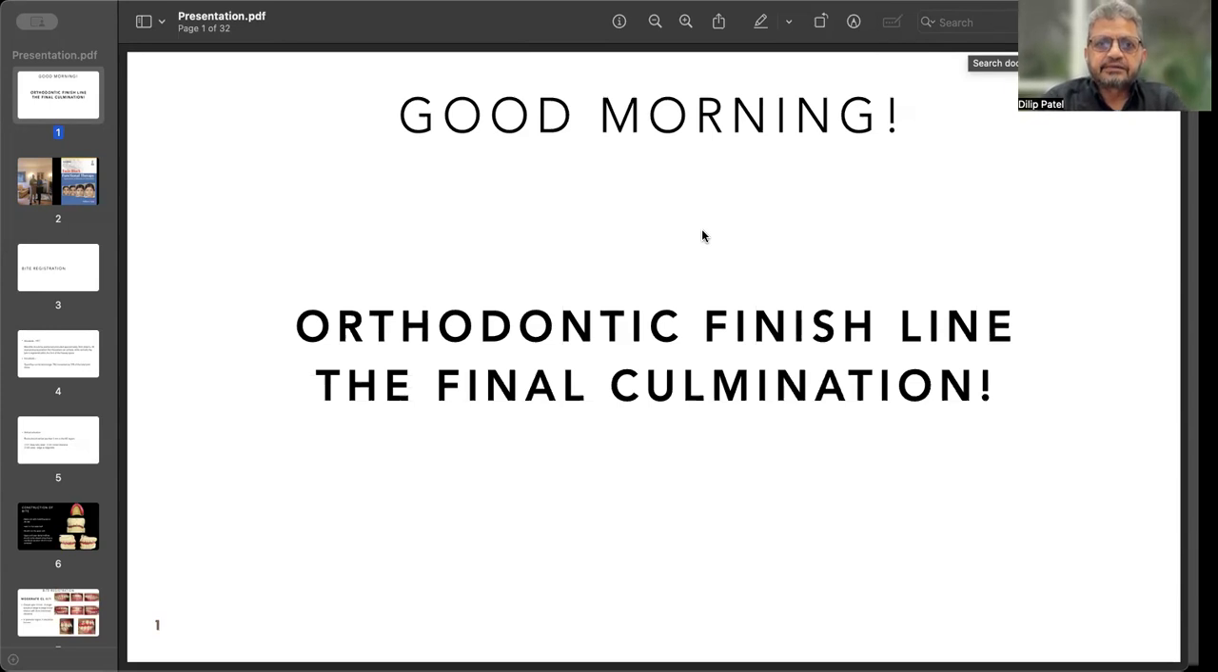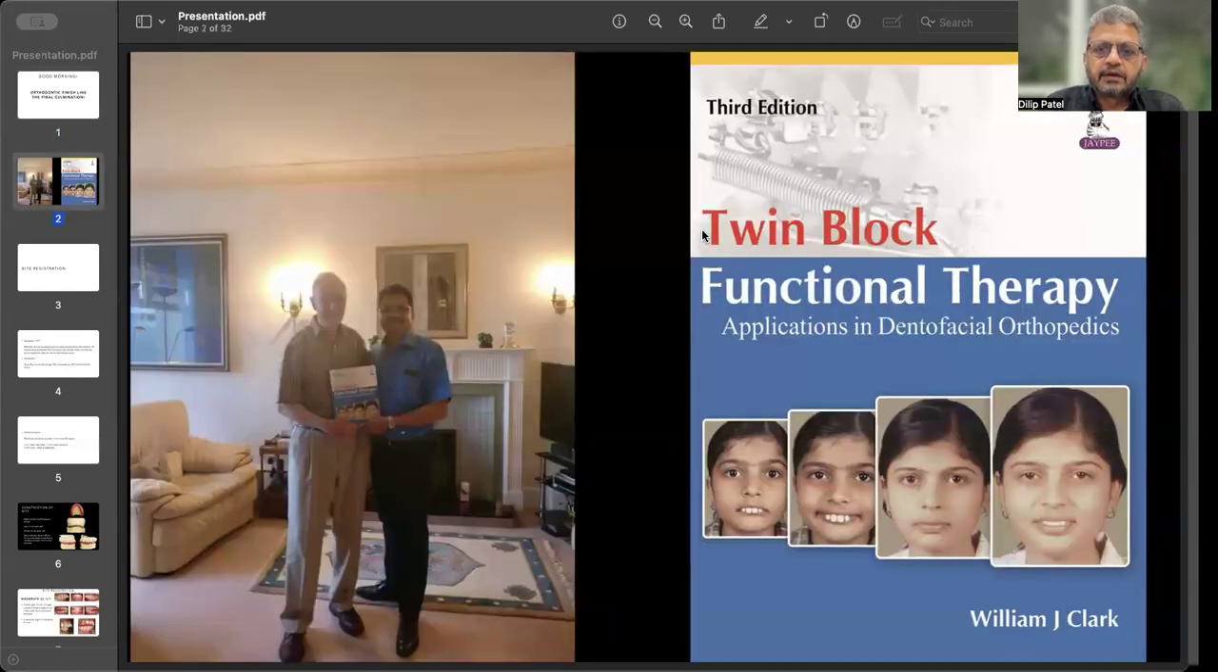Orthodontic fourth level, the final culmination. Twin block functional therapy was developed by Dr. William Clark in 1975, a Scottish orthodontist. He developed the twin block appliance therapy, and that became popular all over the world. Many of the severe skeletal deformities can be treated by the twin block appliance if it is timely treated and properly